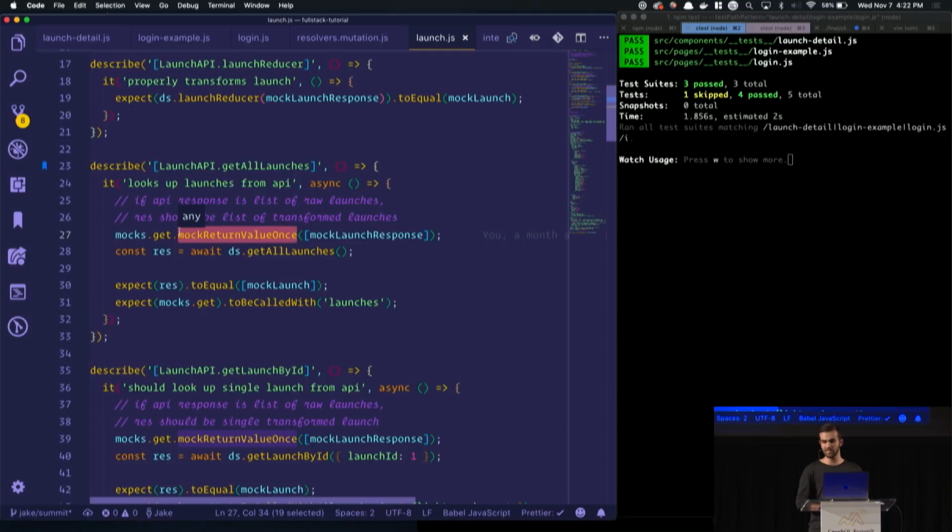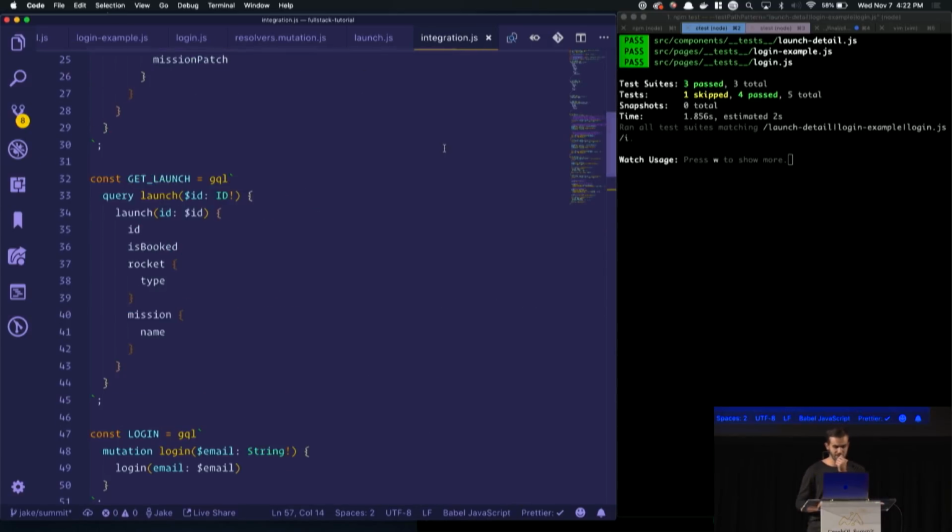And what that allows me to do is it allows me to still test to make sure that I'm handling the response properly. It still allows me to make sure I'm transforming that raw REST API request properly. And then I can just call the data source's method, and then I can make sure that it equals our formatted mock launch like it's supposed to. This is a really good pattern, and it works pretty well. I've done this quite a good bit. And same thing, I can then call and make sure that the underlying get, the fetch implementation, is being called with the proper URL. This works well, but there's another step that we have to go into.